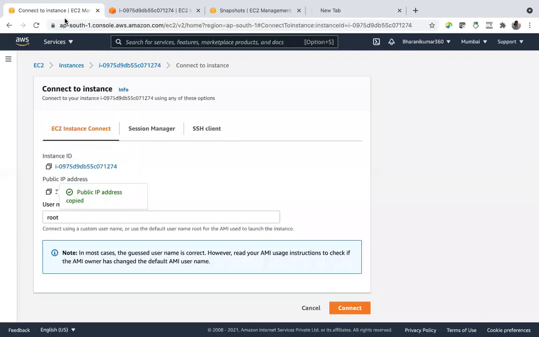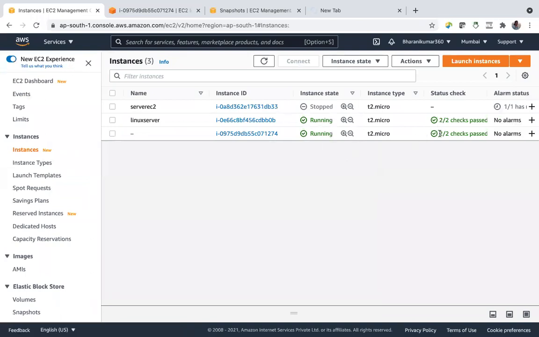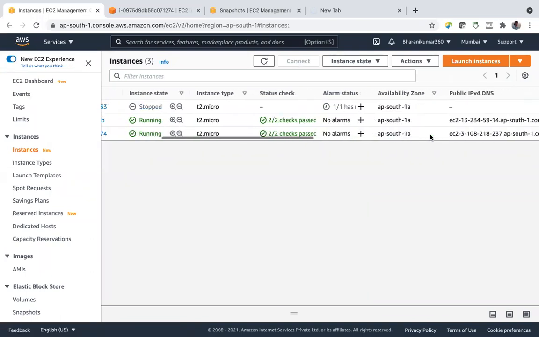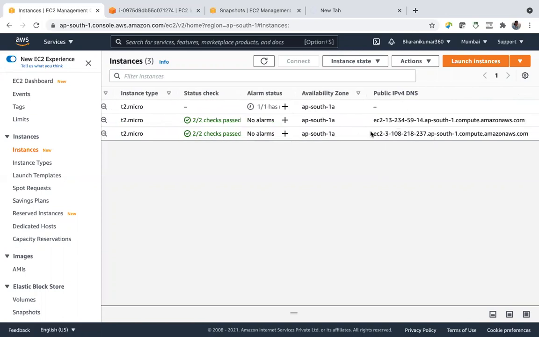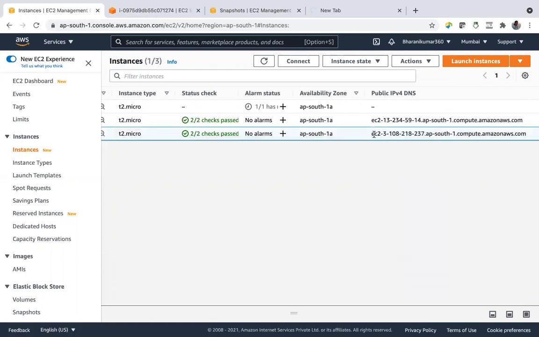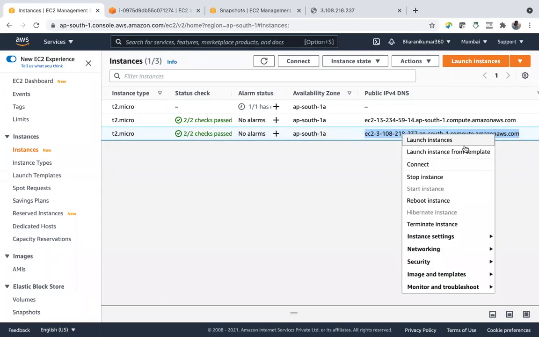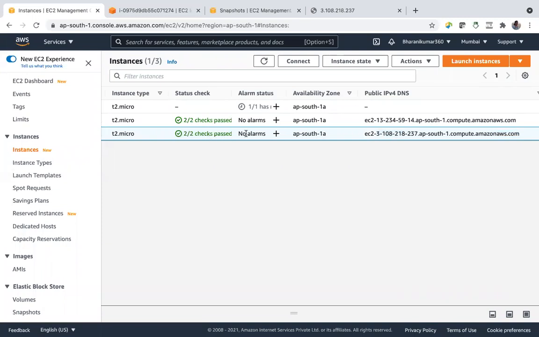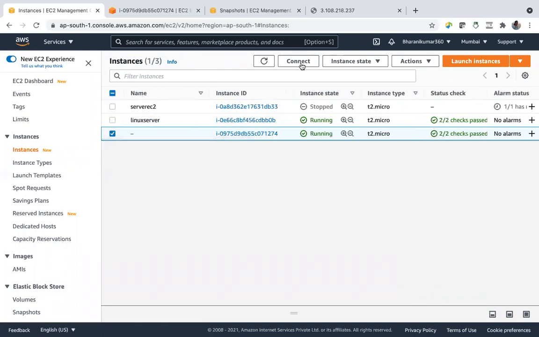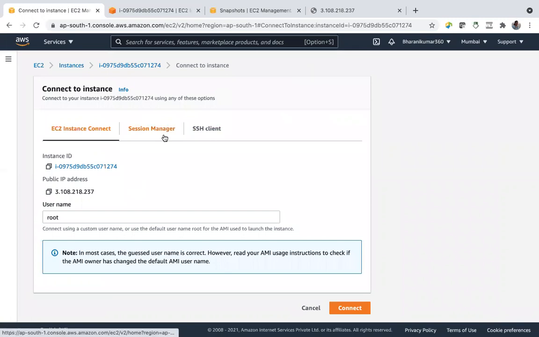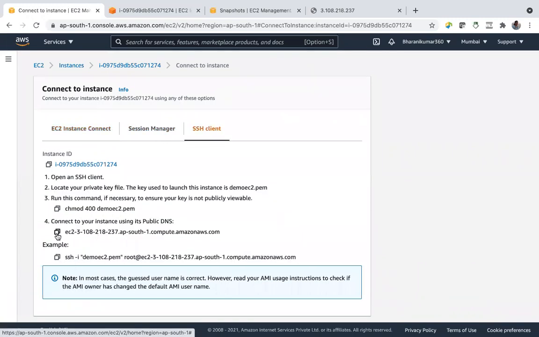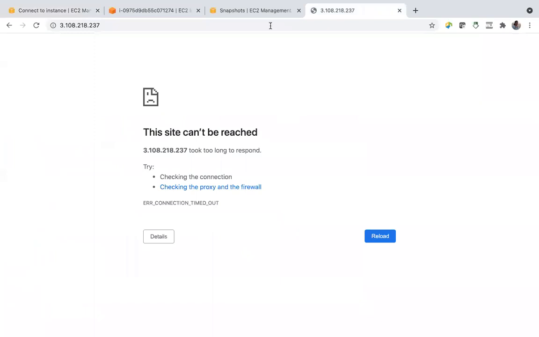Why is it taking time? Status checks have also been done. Let's try to copy. I think we cannot copy from here. Say connect. Public DNS.